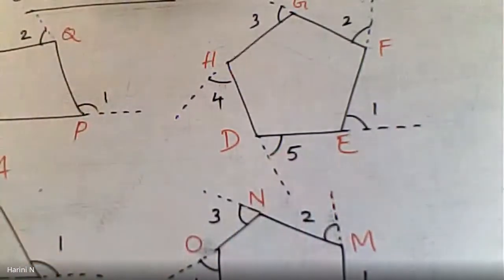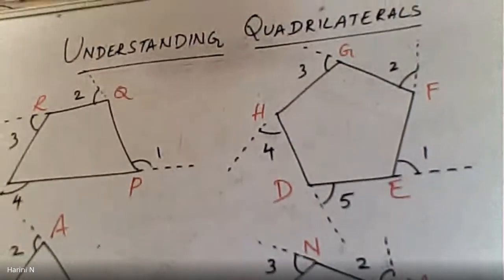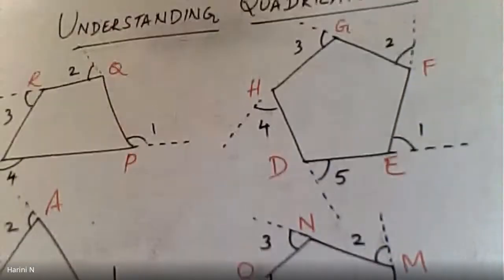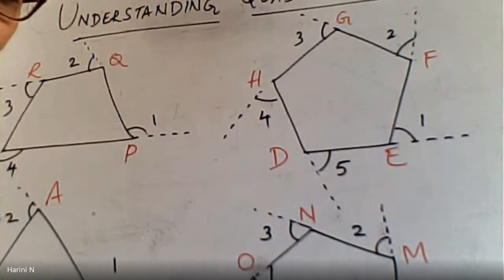We have to do it for those 4 figures. That is the triangle, the quadrilateral, the hexagon and the pentagon. All the 4 we have to do it. So I hope it is clear. Sometimes some children make such mistakes, like I will show you. I'm just coming down a little.